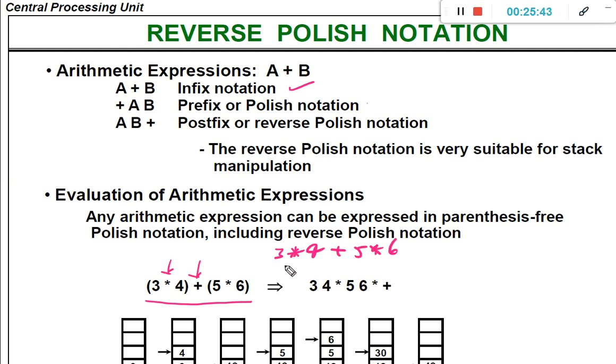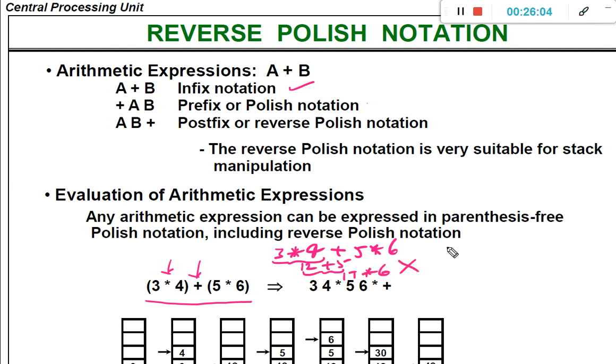we cannot implement it as 3 * 4. After evaluating 3 * 4, it is 12. Then perform 12 + 5, 17. Then perform multiplication, 17 * 6. This will be wrong.